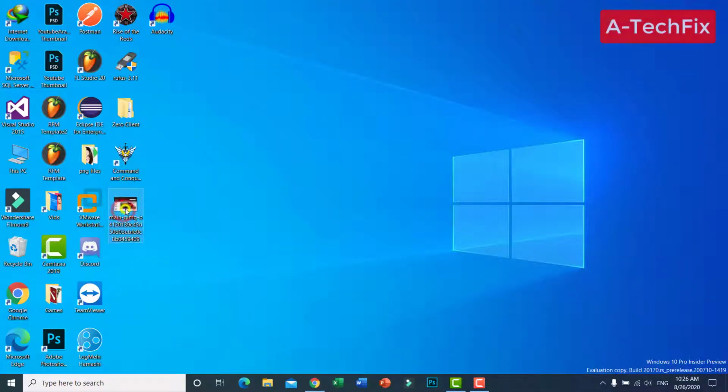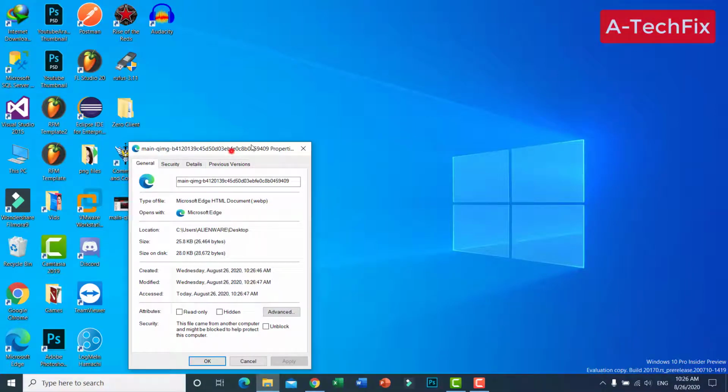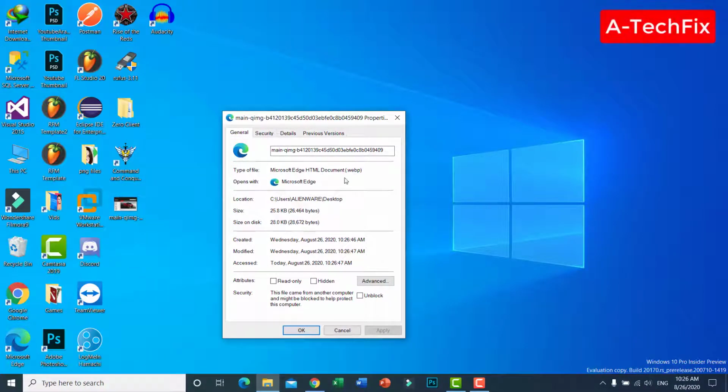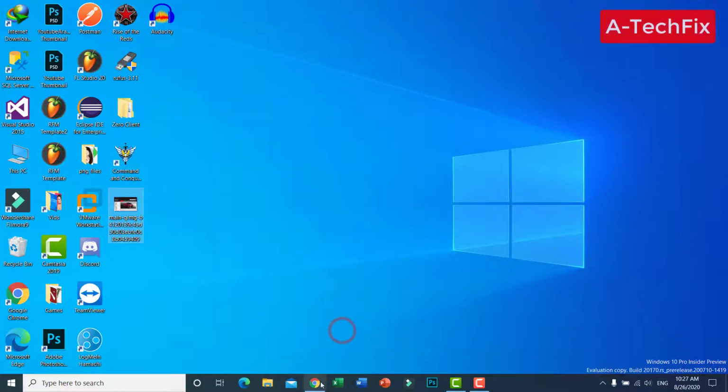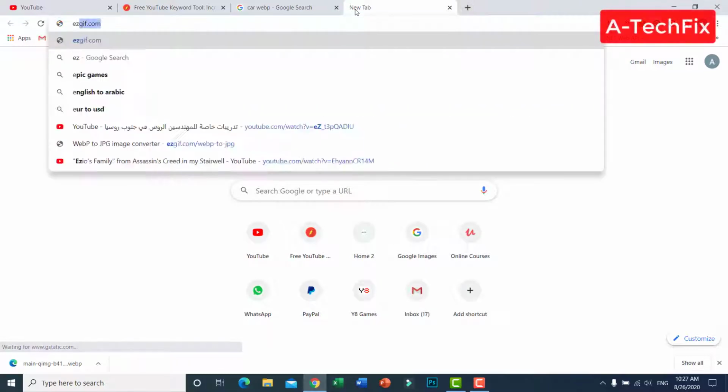Okay, properties. As you can see, type of file: webp file. So I want to convert this one to a JPG image file. So simply guys, go and type, don't worry about the link, I will put it in the description below,